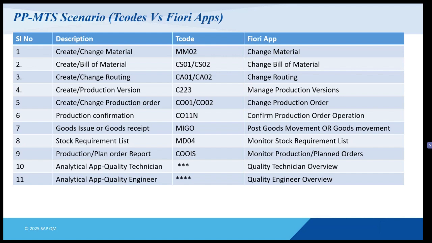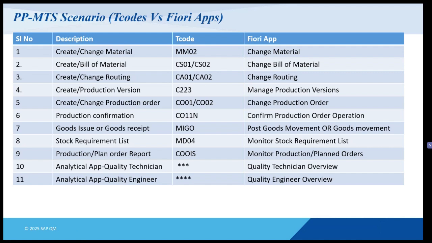So this is the first Fiori app, the Change Material app. Similarly, we have the bill of material create and change. You can see CS01 and CS02 for the change. Most SAP consultants and people who use SAP know these transaction codes, and the new thing is that Change Bill of Material is the name of the Fiori app. So the names of the Fiori apps are very user friendly. People can remember them. You don't have to remember the transaction codes,